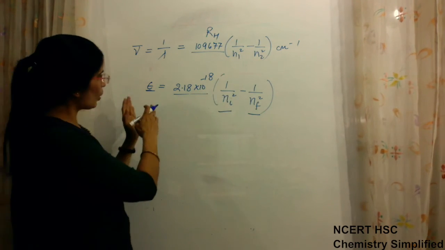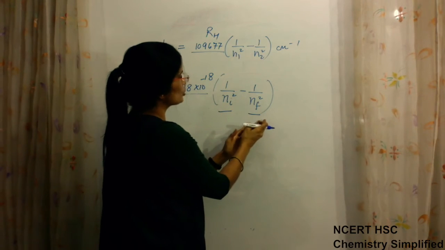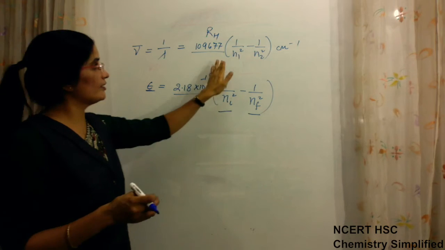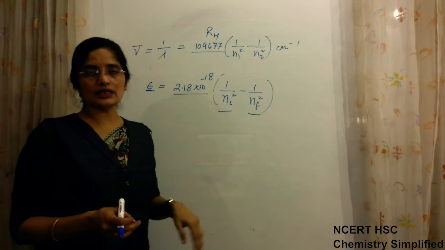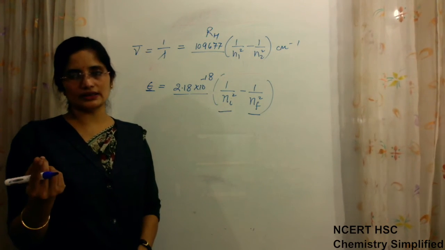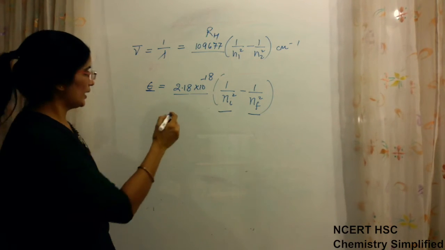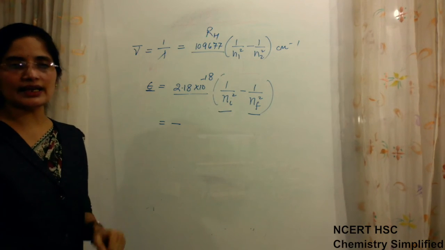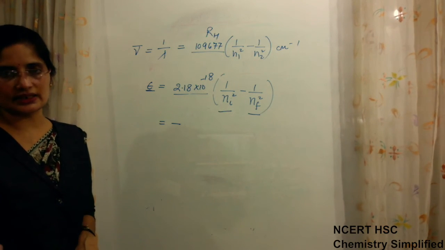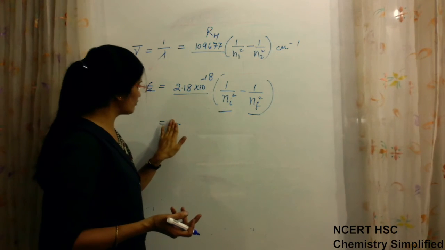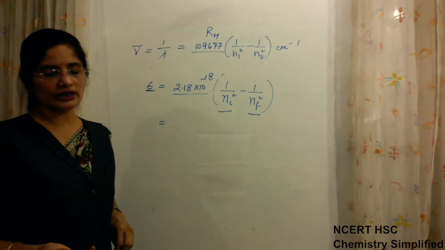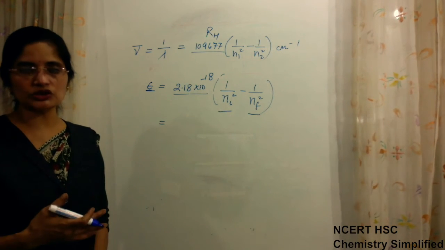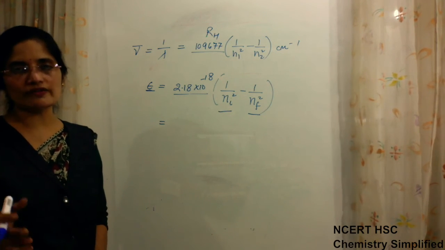and N2 is always the bigger value. We can also use the same N1 and N2 in the case of energy, but then we will not get the sign of energy. What does the sign of energy mean? In the solution, if we get a minus sign in the final answer, that tells us the energy is emitted. If we get a positive answer, not a negative sign, then the energy is absorbed, because absorption of energy is positive and release of energy is negative.